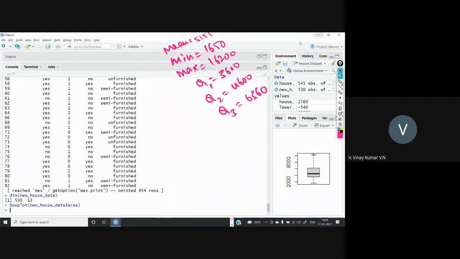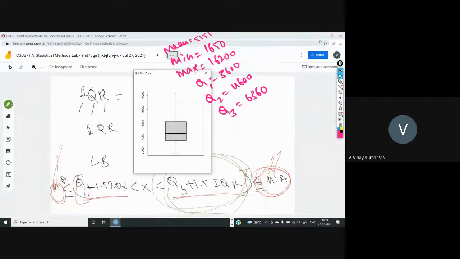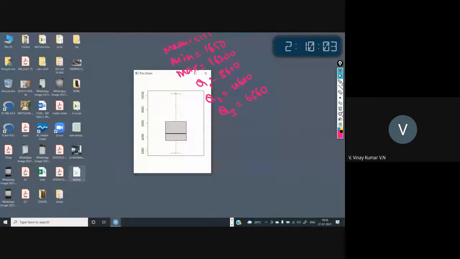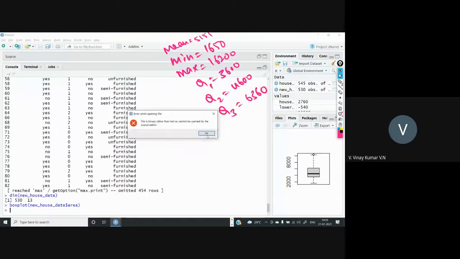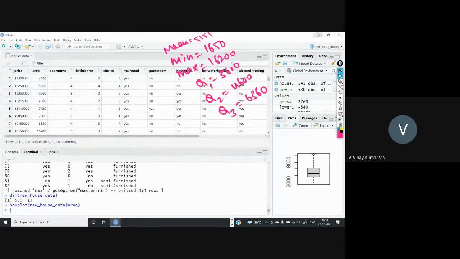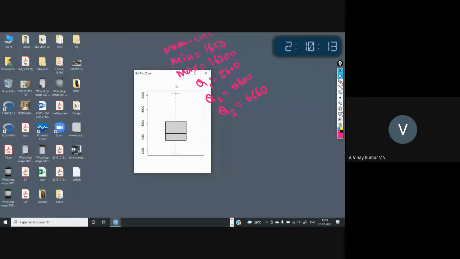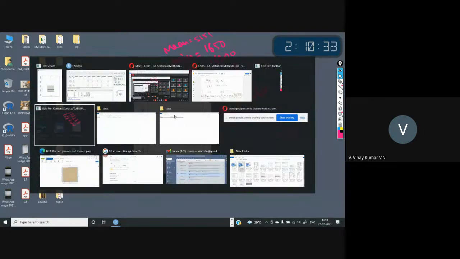But before, outliers were there. I'm showing the previous one also. Before, you can see that there are a few bubbles above the line. Now we don't have them. Even this bubble is on the line, on the edge, so that it is showing. Otherwise, it is also not going to show. If you take greater than or equal, then it will be ignored. So this is the data where there are no outliers. Okay. So this is how we treat outliers.